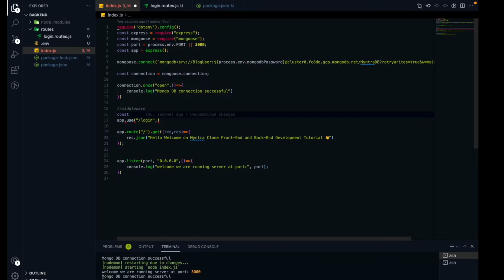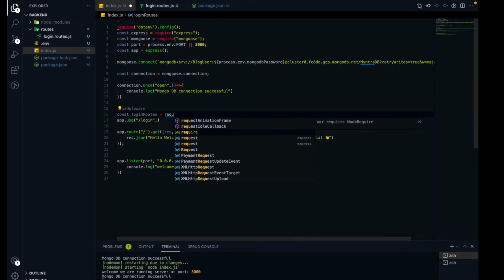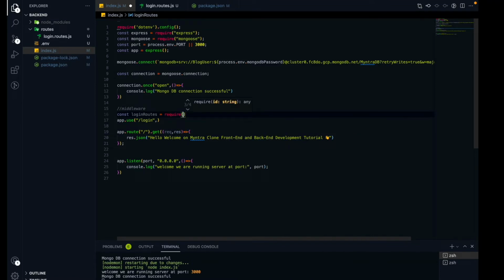Like suppose I will put loginRoutes, and I will import it with require from the path dot slash routes slash login routes, and that's it. We have to provide this path here, and that's it.